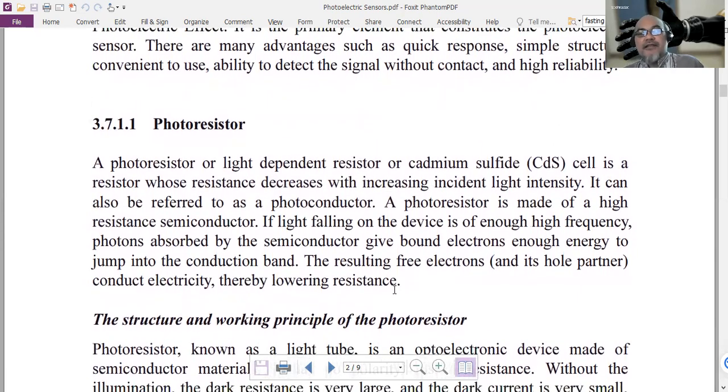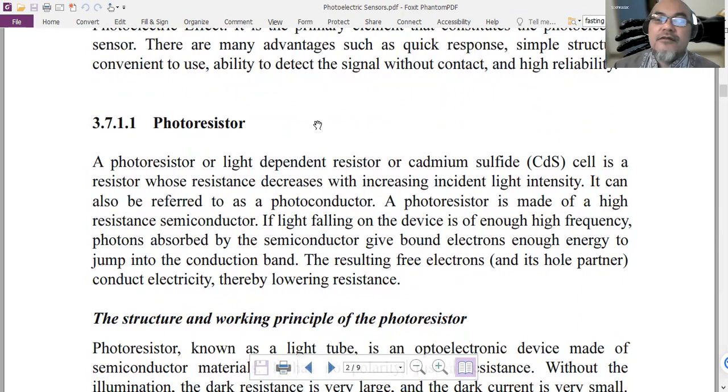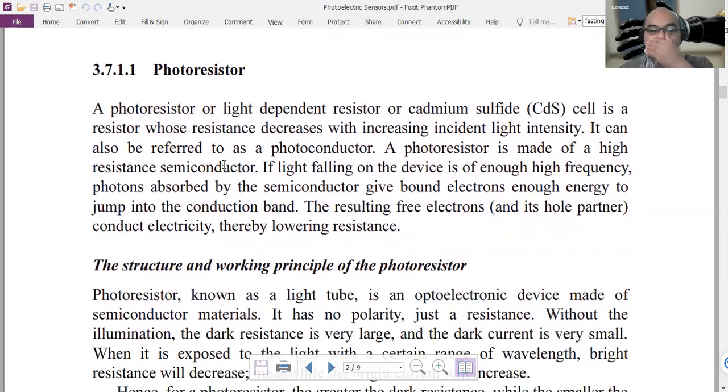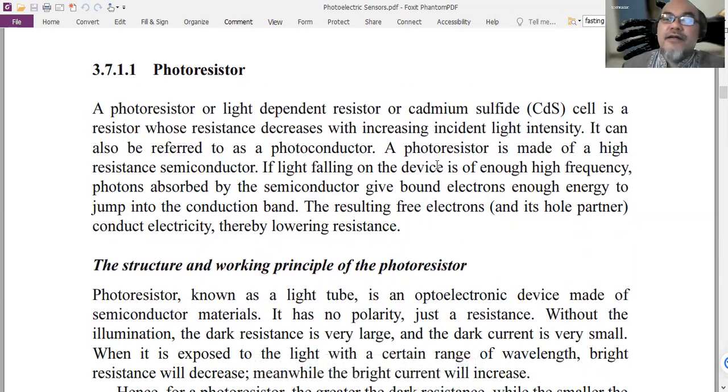One type of photoelectric sensor is the photoresistor, or we call it popularly also an LDR, light dependent resistor. Usually one of the most famous LDRs is the cadmium sulfide cell. This is a resistor whose resistance decreases with increasing incident light intensity. It can also be referred to as a photoconductor. A photoresistor is made of high resistance semiconductor. So cadmium sulfide itself is a semiconductor, so